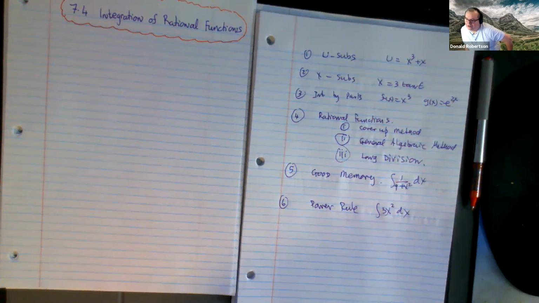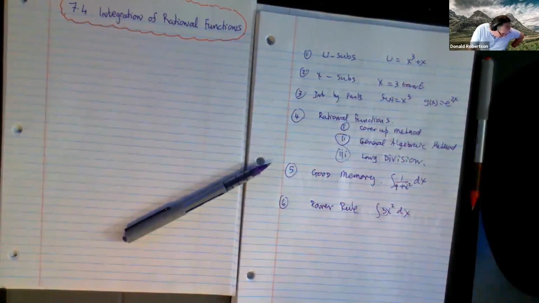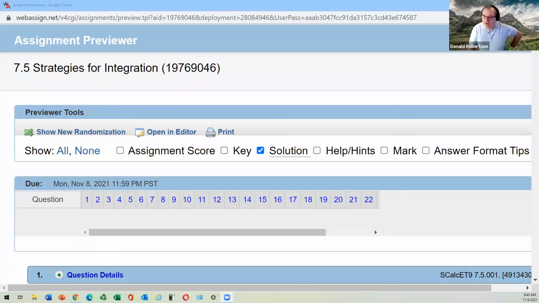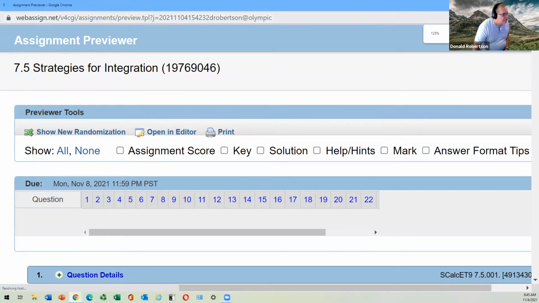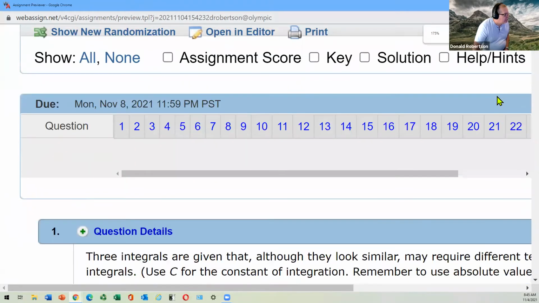That's quite a toolbox, isn't it? Of things or techniques that we use to find integrals of guys. It's quite an interesting choice of things. So you are going to get me asking questions, getting very old, while you lot don't answer me. So you are now going to be thinking cap on. And if I ever get this darn thing to work, you should be looking at 7.5. And I better take those darn solutions away because that would spoil the party. And you are going to look at questions and you are going to tell me